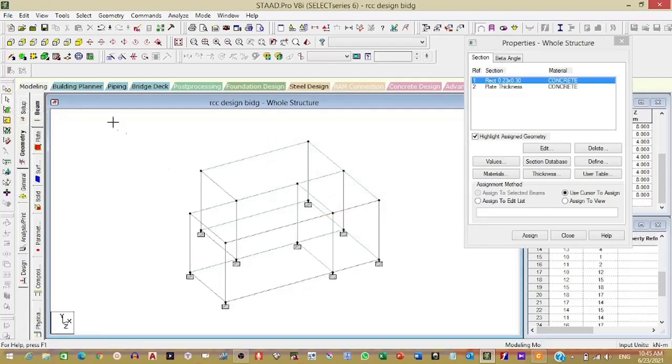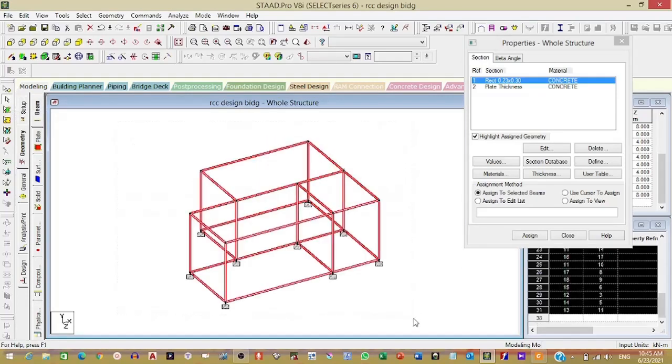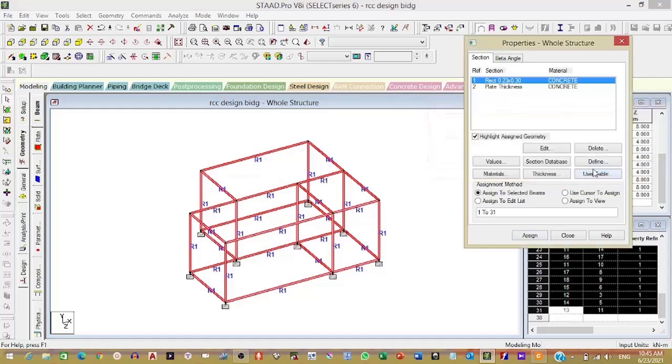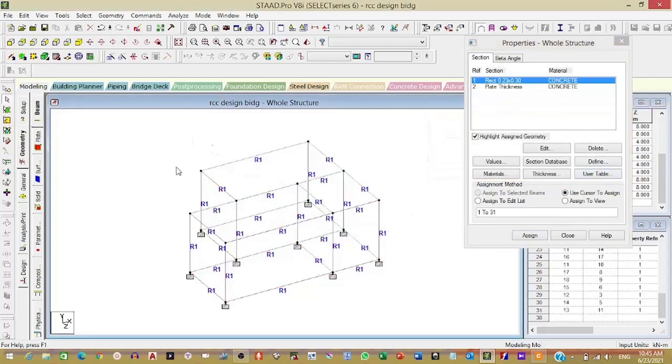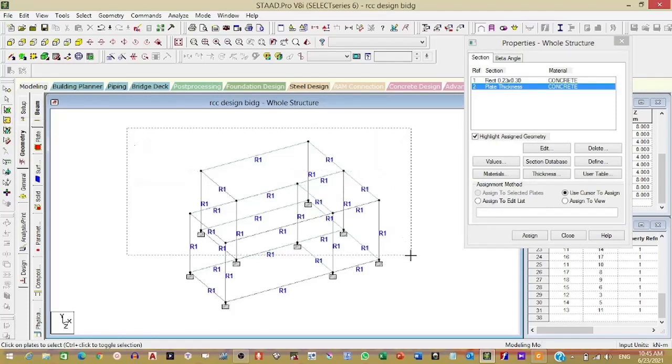Now as far as plates are concerned, that is panel, the thickness, we need to assign panel thickness or thickness of slab. So select panel mode. Now panels are selected and then go for assign and then yes. So the size thickness will be assigned. Just close this